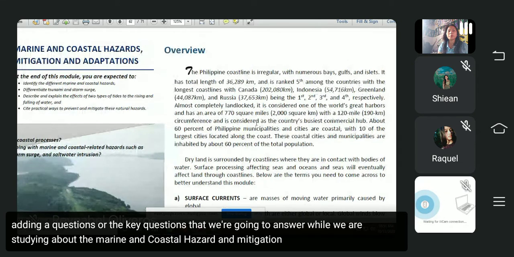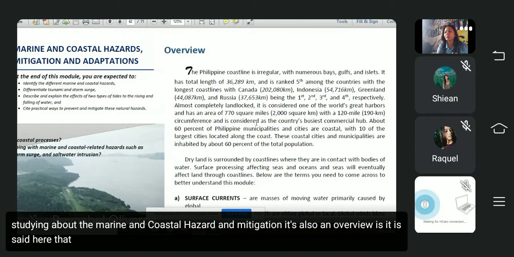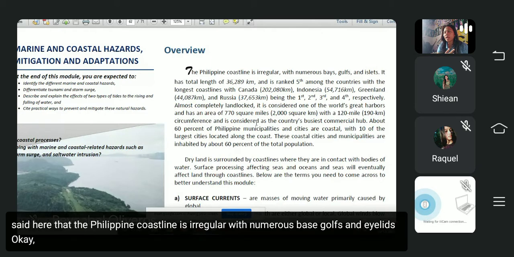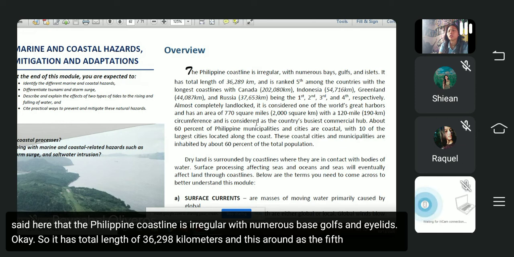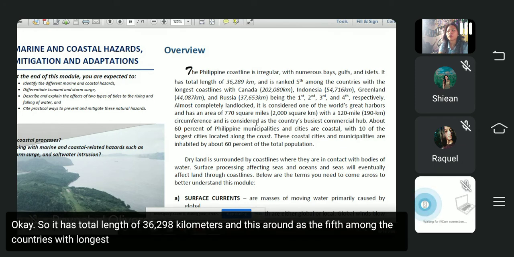So, as an overview, it is said here that the Philippine coastline is irregular with numerous bays, gulfs, and islets. Okay? So, it has a total length of 36,298 kilometers and is ranked as the fifth among the countries with the longest coastline, after Canada, which has 202,080 kilometers, while Indonesia has